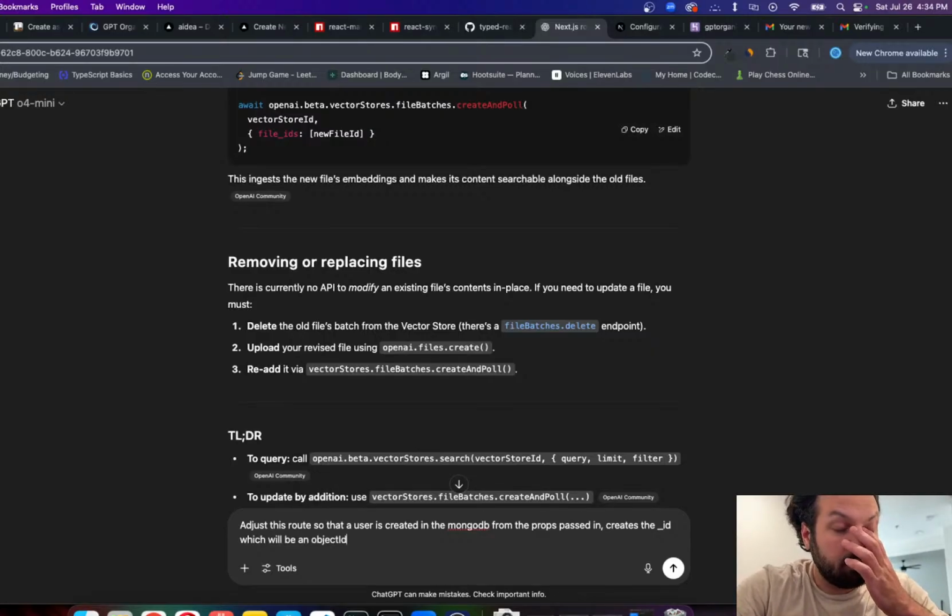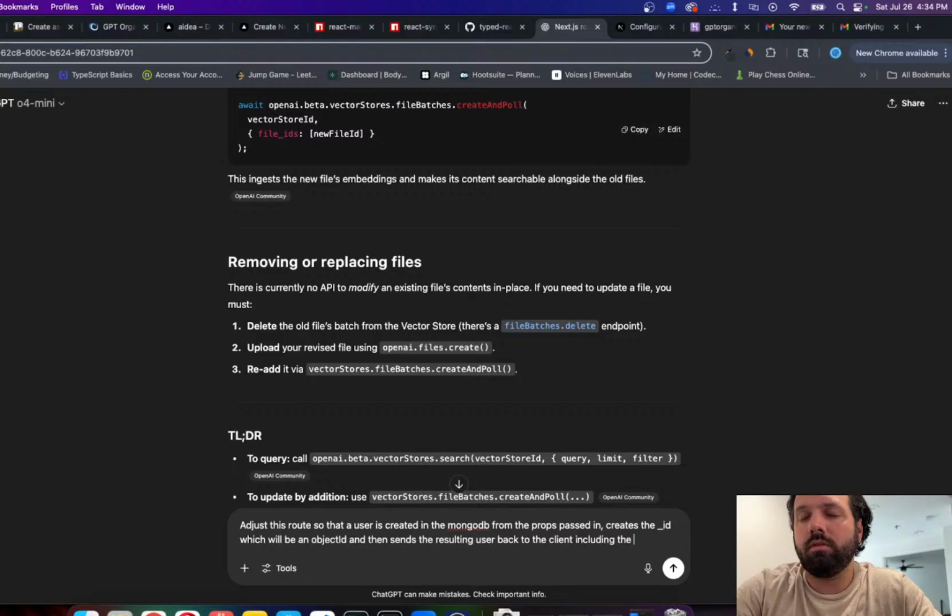Create the object ID. We want to utilize the object ID from Mongo. And then back to the client, including the created